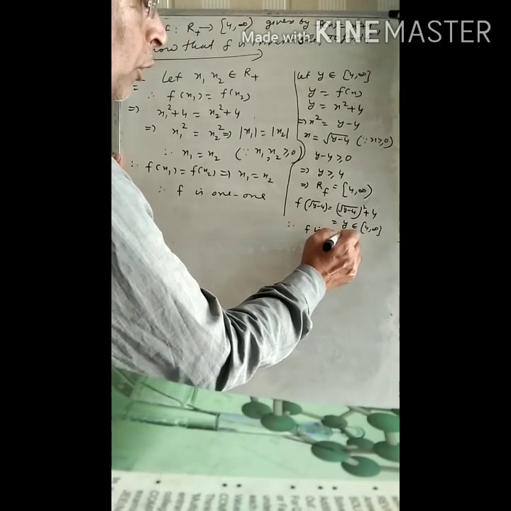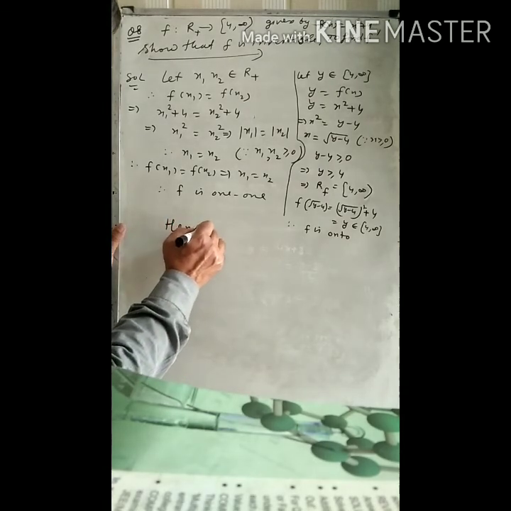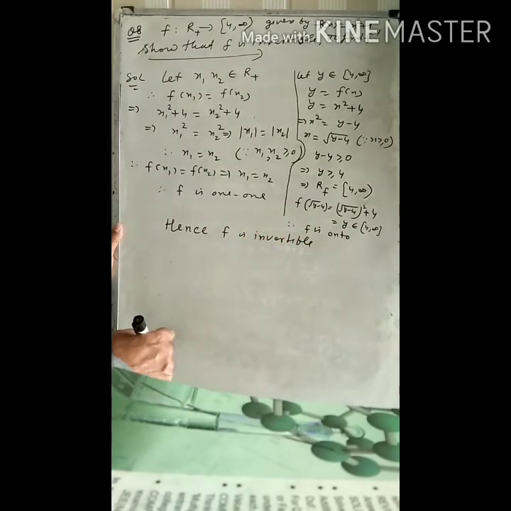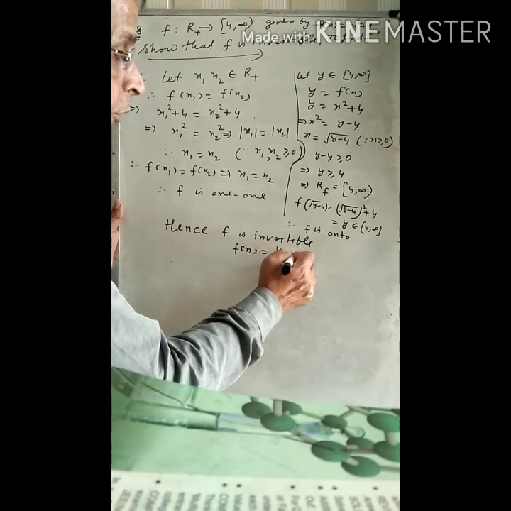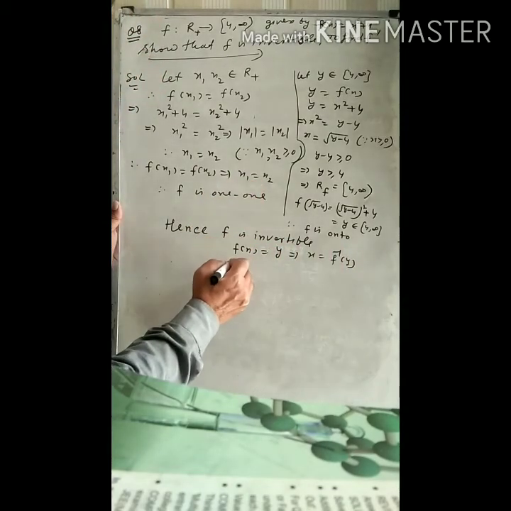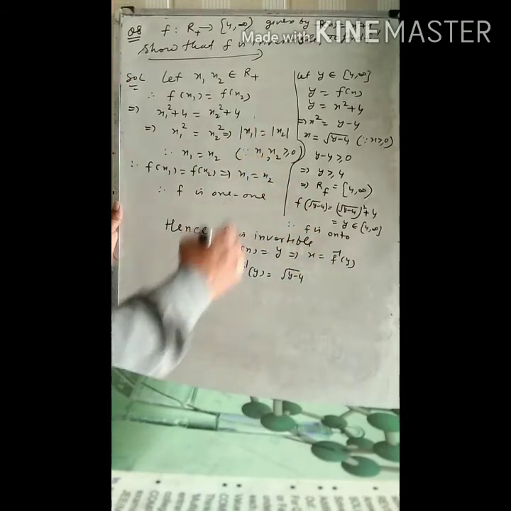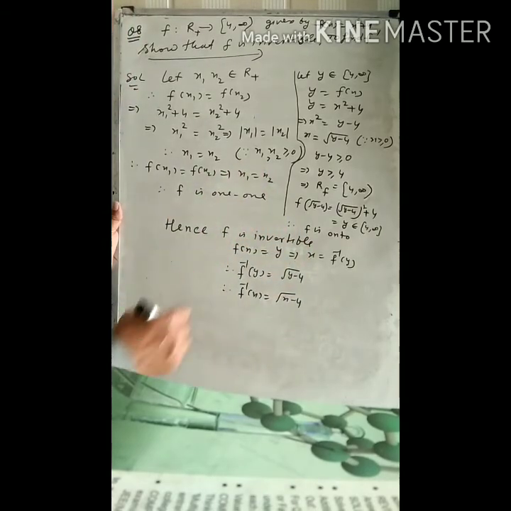f इज ऑन टू, द फंक्शन ऑन टू भी है, तो हेंस f इज इनवर्टिबल। तो फंक्शन 1-1 भी हो गया, ऑन टू भी हो गया, तो फंक्शन इनवर्टिबल होगा। तो f(x) इज इक्वल टू y, तो दिस इम्प्लाइज x इज इक्वल टू f inverse y, और x की वैल्यू हमने पहले निकाल ली। तो देयरफॉर f inverse y इज इक्वल टू root of y minus 4। तो हेंस f inverse x इज इक्वल टू root of x minus 4।